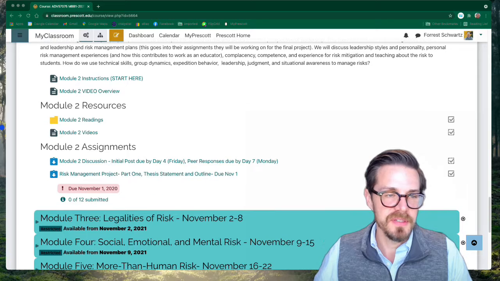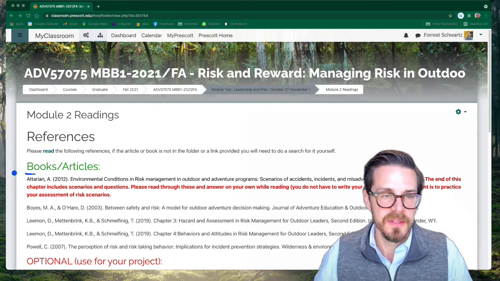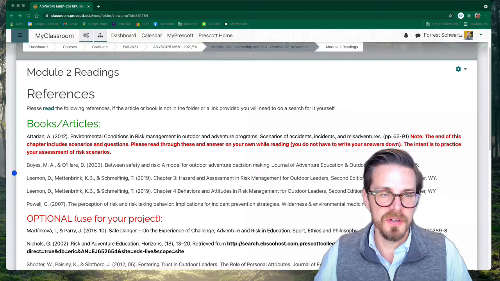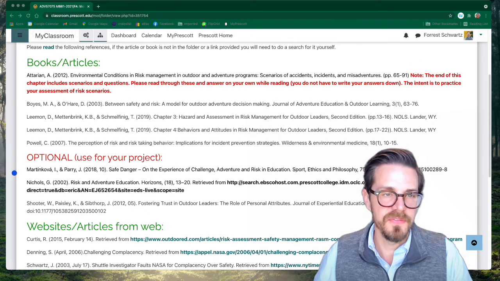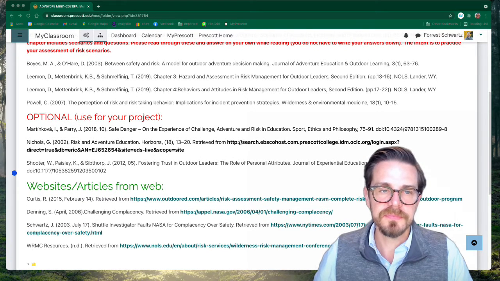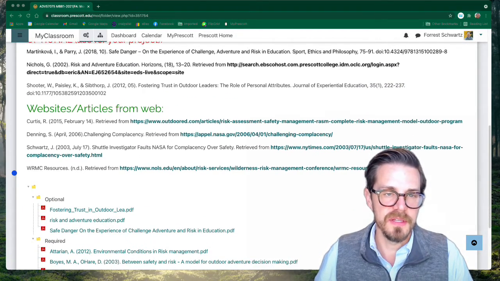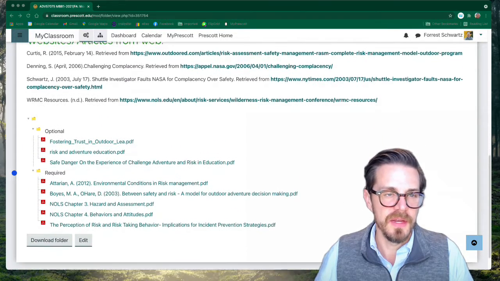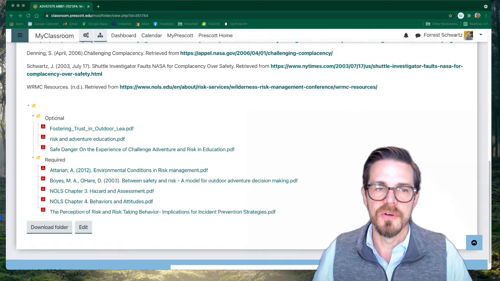So then, of course, with the resources, this week with the readings, and as with every week, I will highlight the various books and articles, ideally in an APA cited format. You've got a list of, I think there's 5 articles there at the top, and then a few optional resources that I've thrown in there that you may want to look at that could be helpful for your project. And then finally at the bottom, a series of websites or web-based articles. And then I've got the folder divided into a list of optional readings here at the top, and then at the bottom, the required readings. And you can click on those and look at those individually, or you can download the whole folder, whatever works